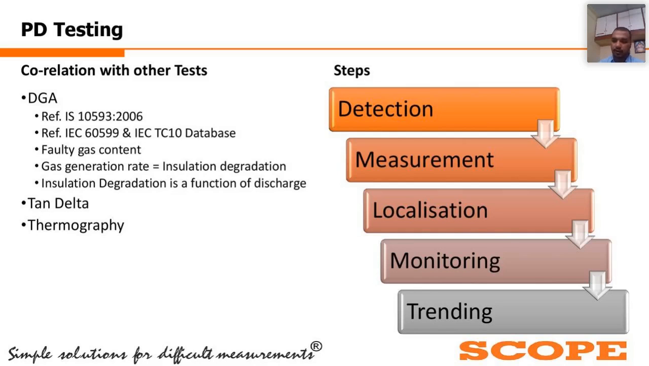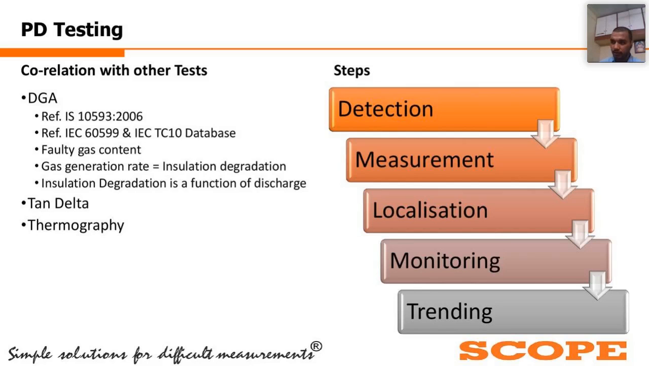All right. After detecting it, we do measurement. That means we take the readings of the magnitude, the pulse repetition, the discharge power, everything we do here. After detection and measurement, we must know where exactly it is. So after detection, it is very important to localize it. And localization is quite a feature of partial discharges. Then after doing everything,